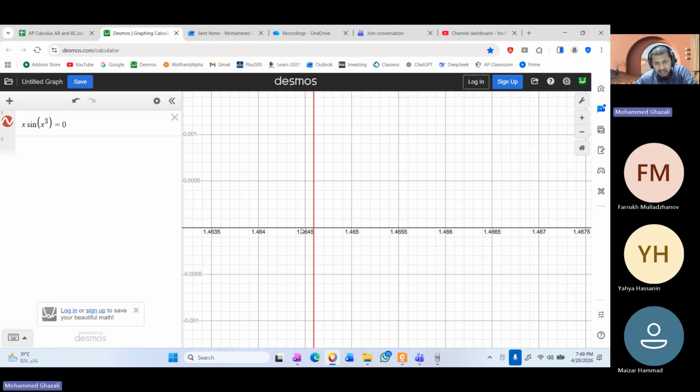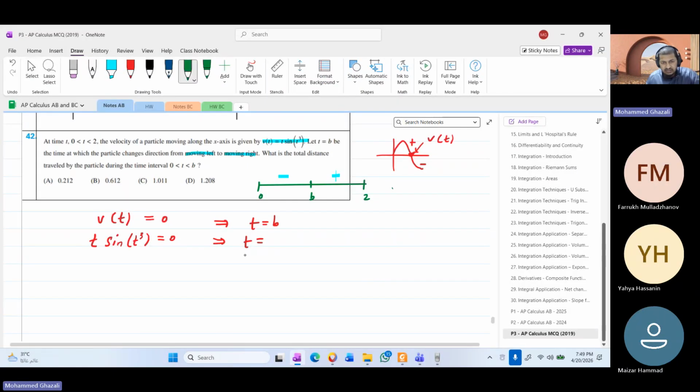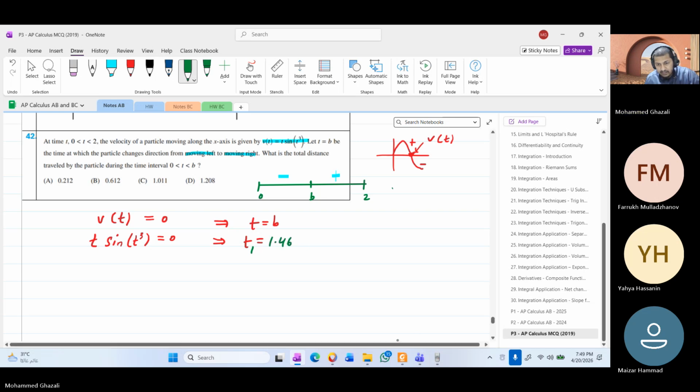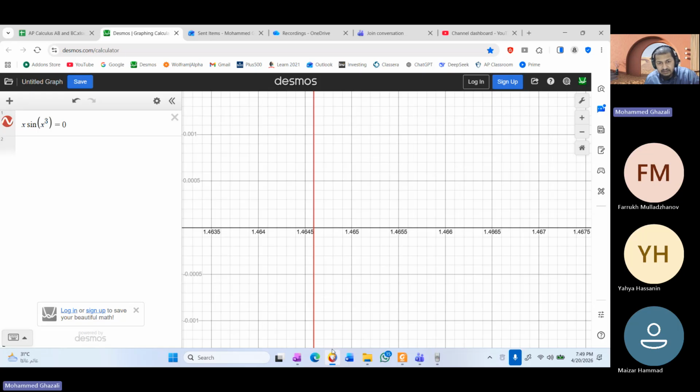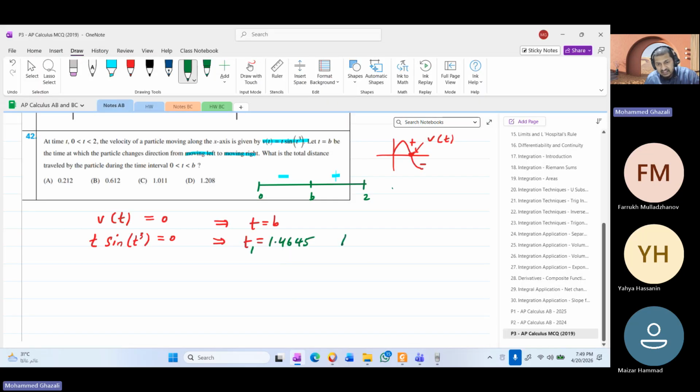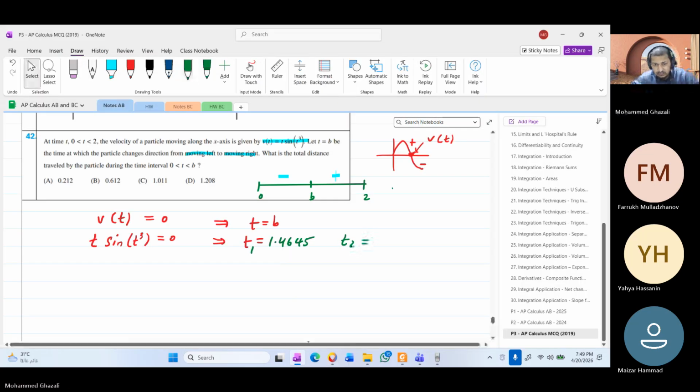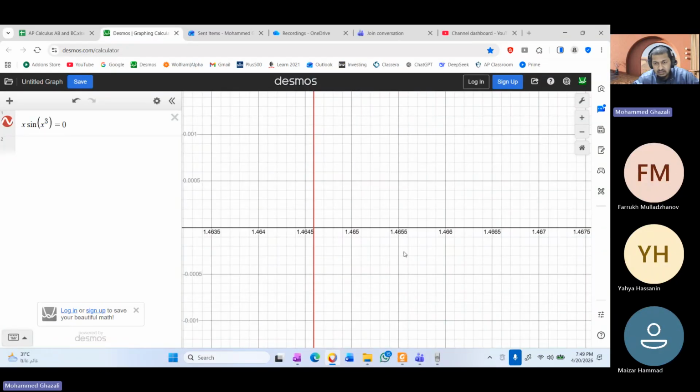1.465. That's closer there. 1.4645. Okay, 1.4645. Let's take that one answer. So we're getting two different answers. T1 equals 1.4645. And the second answer I'm getting is